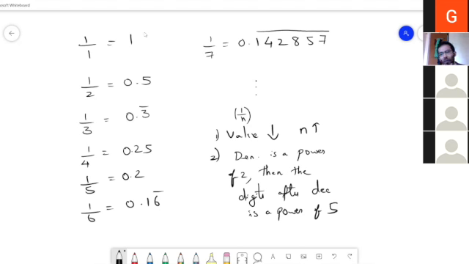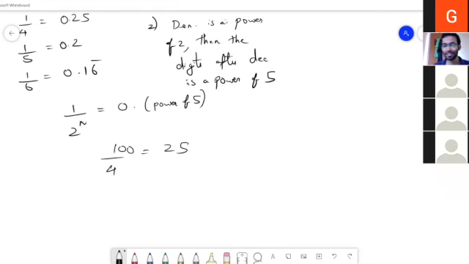Okay, very nice. Very nice observation. I've never thought about it from this angle. Wonderful. But how can we be sure that this will always be true? First of all, what do others think about it? Bhageshri ma'am and Preeta ma'am. And is the vice versa also true? That is, if the denominator is a power of 5, then the digits after the decimal are a power of 2. Is it true?